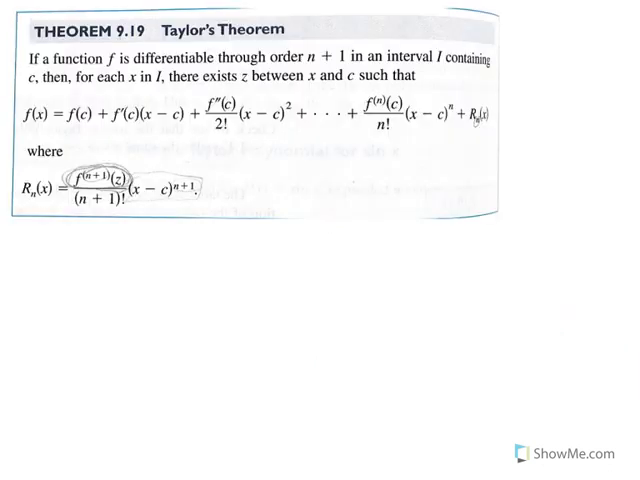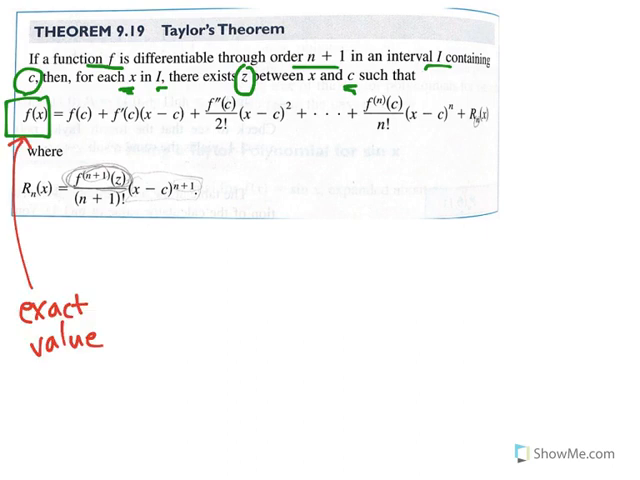So what is Taylor's theorem? So we're looking at Taylor's theorem here. It states if a function f is differentiable through order n plus 1 in an interval I containing c, which is the center of the nth degree Taylor polynomial approximation for f. If a function f is differentiable through order n plus 1 in an interval containing c, then for each x in the interval, there exists some value z between x and the center of the polynomial approximation, such that the exact value of the function at x